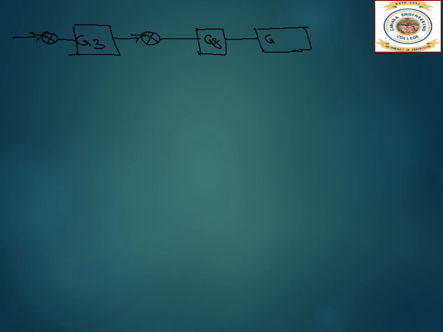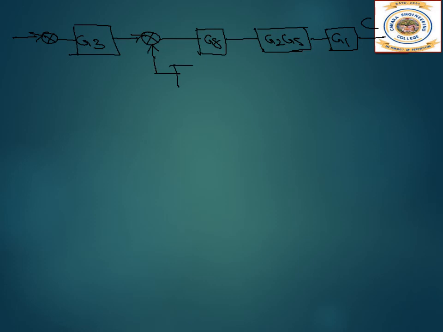So let me redraw it again with the splitting up of those feedback paths and combining the summation points. So here we have G3 and here we have the summation point. This we have G8, and yes, we had G2 and G5 in series, no? So I'll write it together here. So G2, G5, then we had G1 and this is C. So here is where the splitting needs to be done.